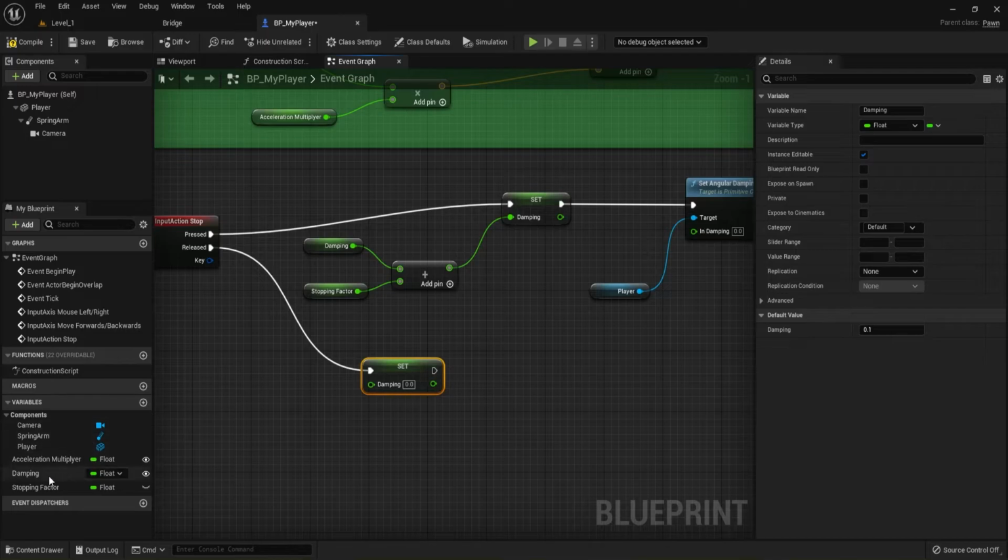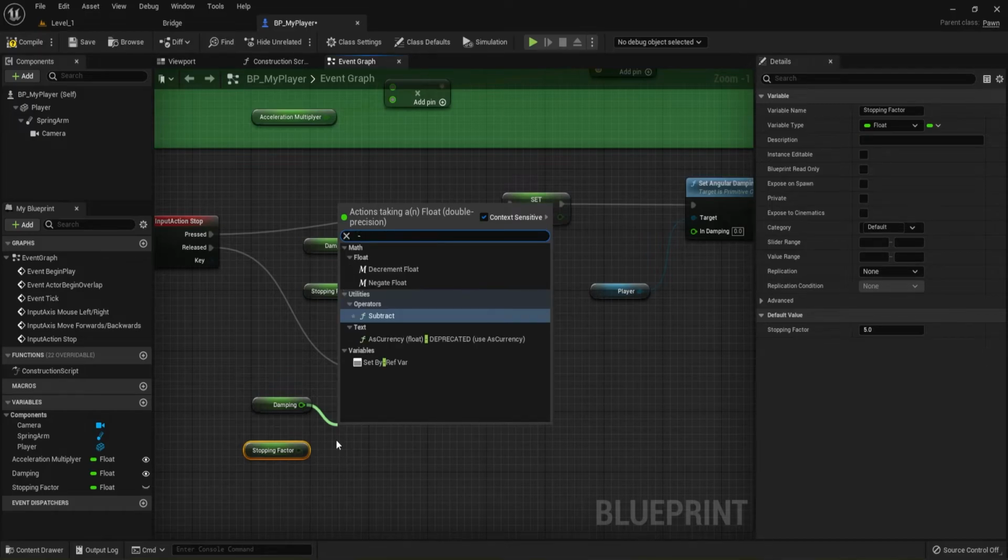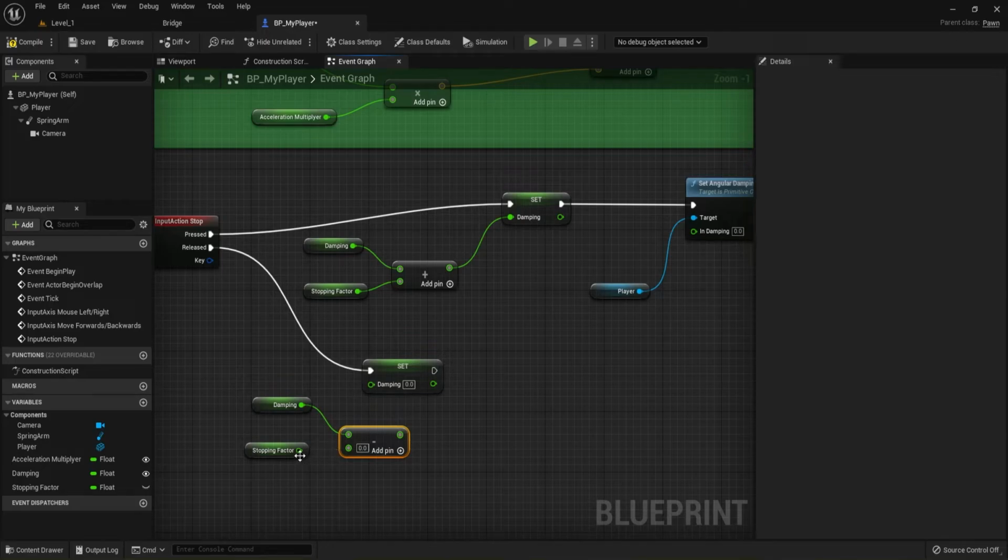Okay, and then we're going to take our dampening, get dampening, and we're going to take our stopping factor, and we're going to get our stopping factor, but this time we're going to subtract that amount. Okay, so we're going to do a subtraction. Okay, hit the little minus button on the keyboard, which is next to the equals button. Okay, we're going to subtract that,